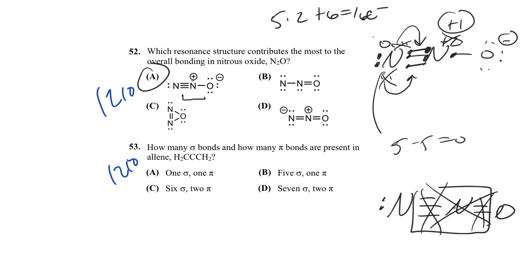Now, why are some of the other structures bad? Well, that lone pair is not on N, so that's bad. This structure here is just kind of nonsense. I don't know what to make of that one. So I just would say we never really considered having those types of cyclic bonds, so I wouldn't go with that answer. And then answer D is bad because if we go back to having this structure here, where we